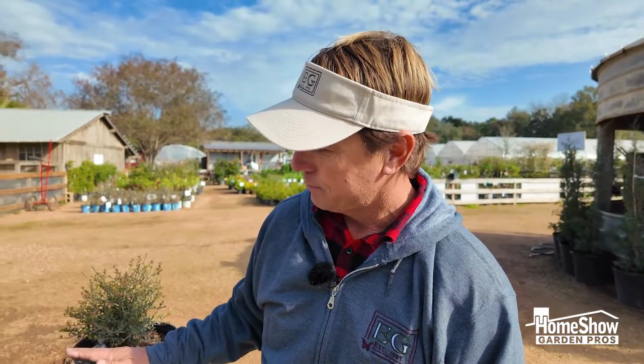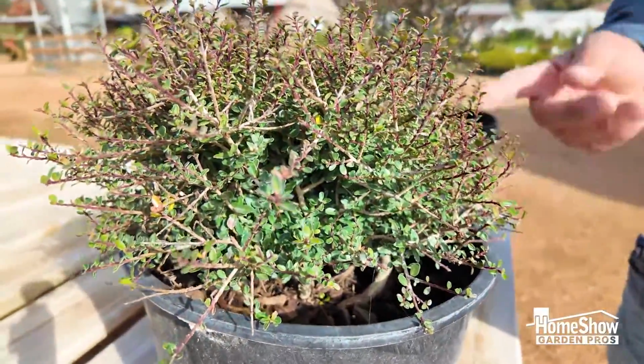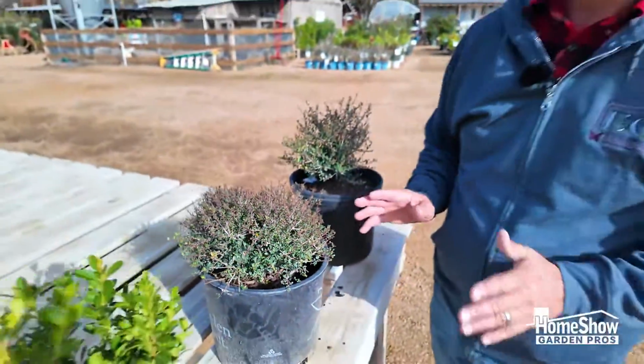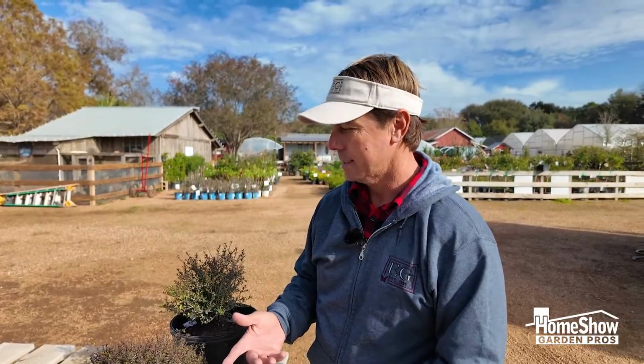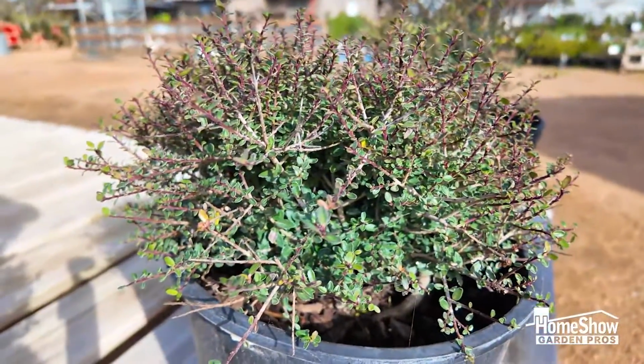A lot of folks are going with one of these two options. This is a micron holly, which will get about the same size as a boxwood. They're in a totally different family, so they're not going to have a problem with the blight like the boxwood does. And they're super cold tolerant, super heat tolerant once they're established, so you don't have to worry about freezes